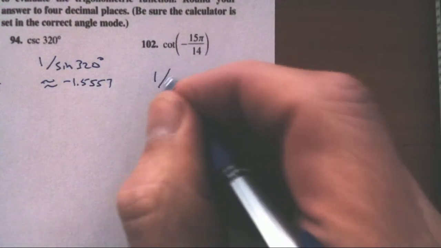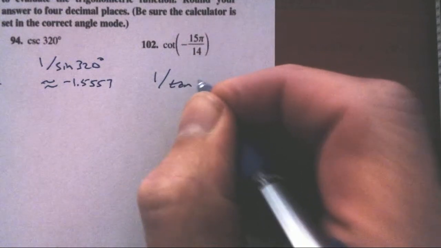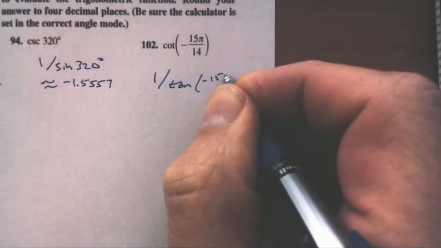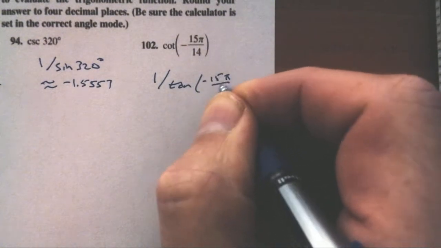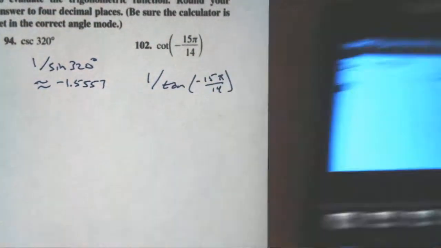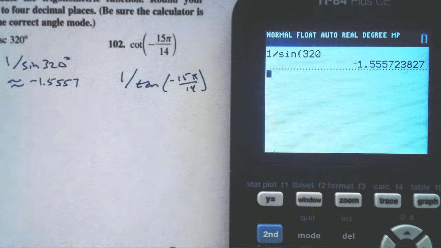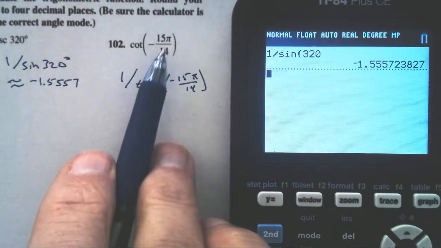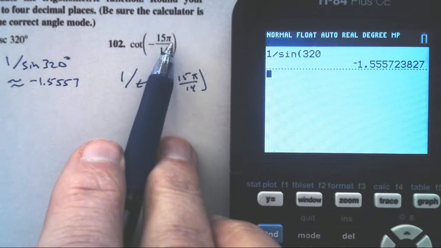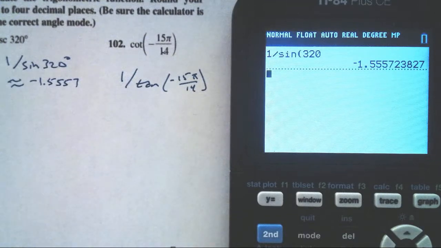Cotangent is 1 divided by tangent of, in this case, negative 15 pi divided by 14. Not a good triangle for us, so I need to go to radian measure here. We're most definitely in radians, no degree symbol. The pi's kind of a giveaway, but no degree symbol is what it's about. So I'm going to go mode,